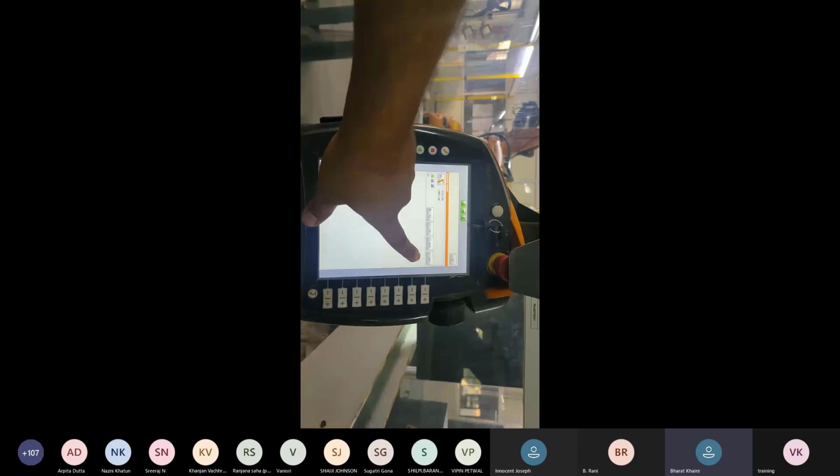And external mode is given for the program which is selected by us. It will be operated externally, meaning it is operated by a PLC, programmable logic controller.